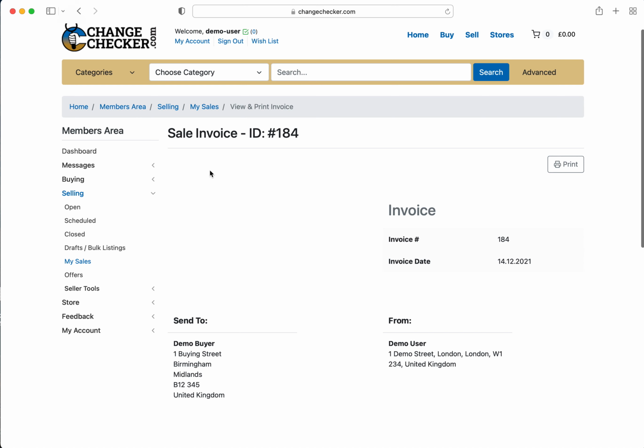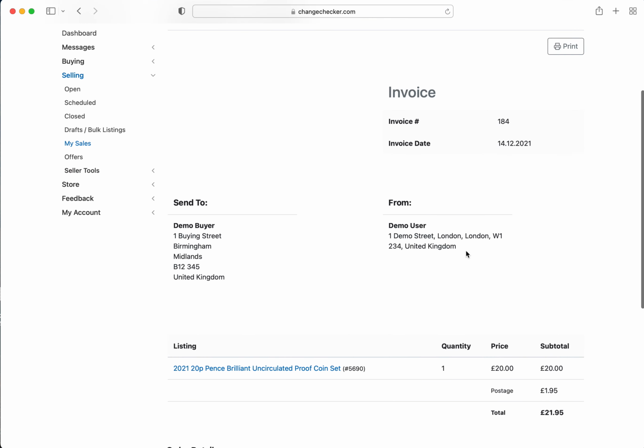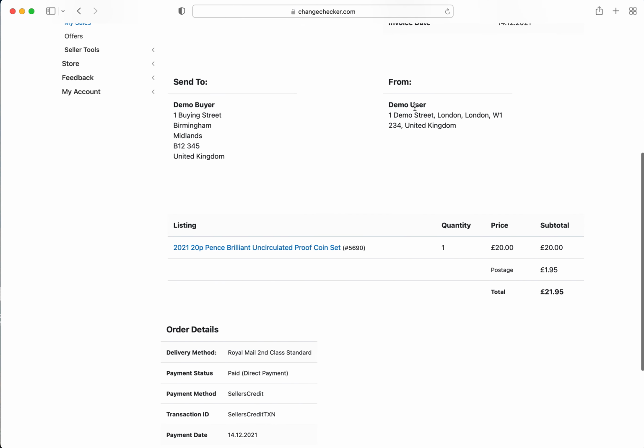Now, if you've added a logo to the invoice, you can do so by going to Seller Tools in here, and then going to Global Settings. This is where you can add the logo, but for now it is blank because we haven't updated a logo as a seller. It's got all the information: the invoice number, invoice date, who we're sending to, who the buyer is,